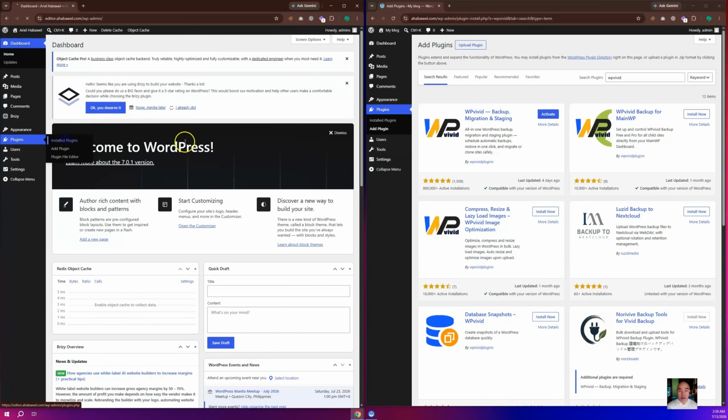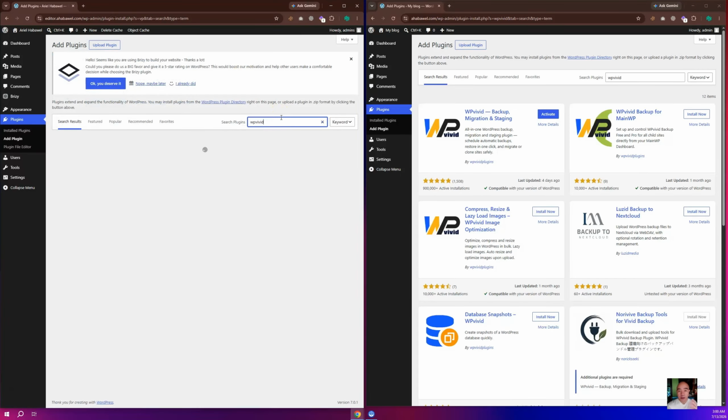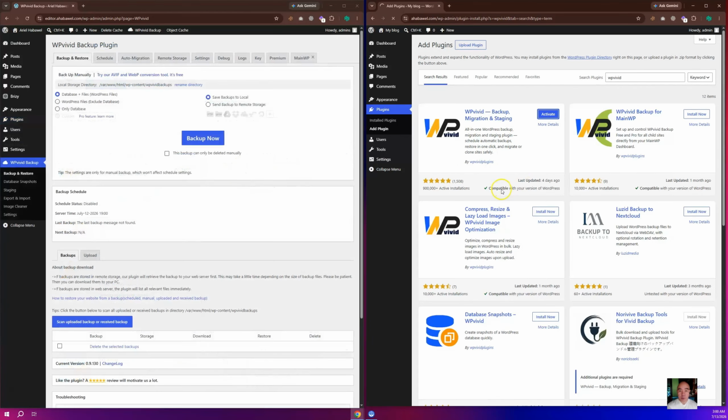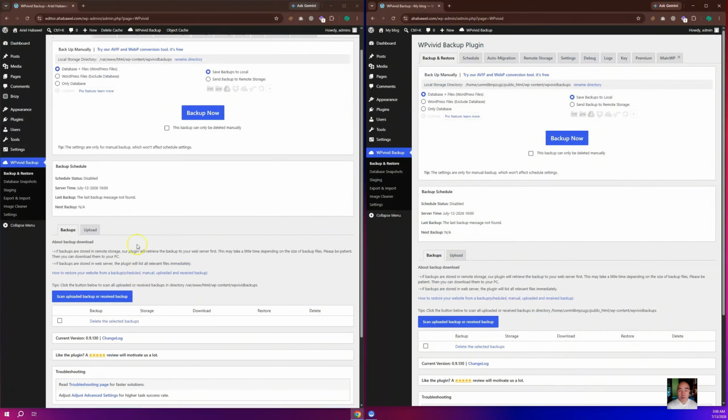WPvivid is a great plugin for site migrations because it makes moving a WordPress website from one server to another quick and easy. Another excellent option is the All-in-One WP Migration plugin, which I usually use for larger or more complex websites. Now that WPvivid is installed on both the staging and live sites, let's create a backup of the